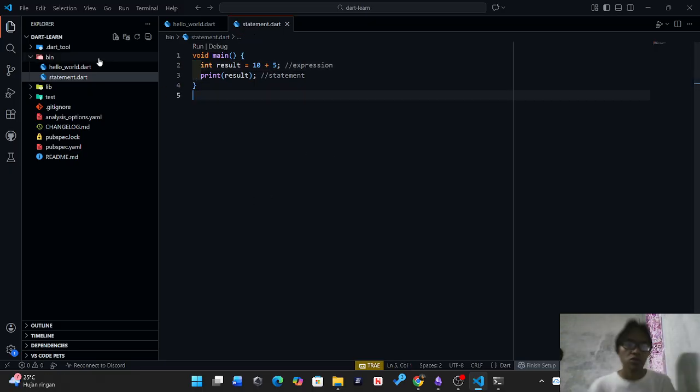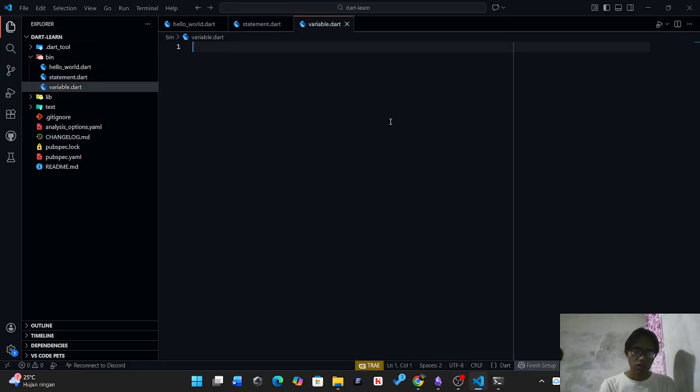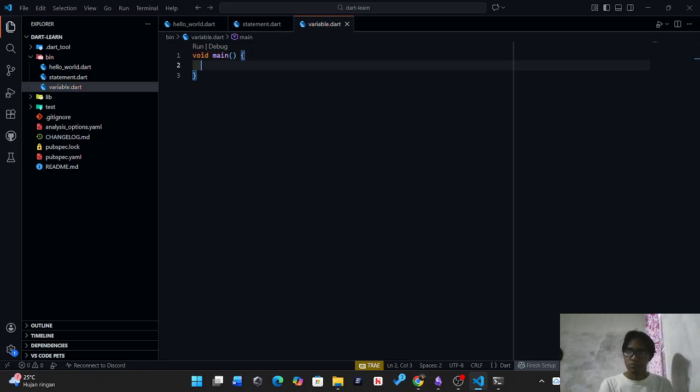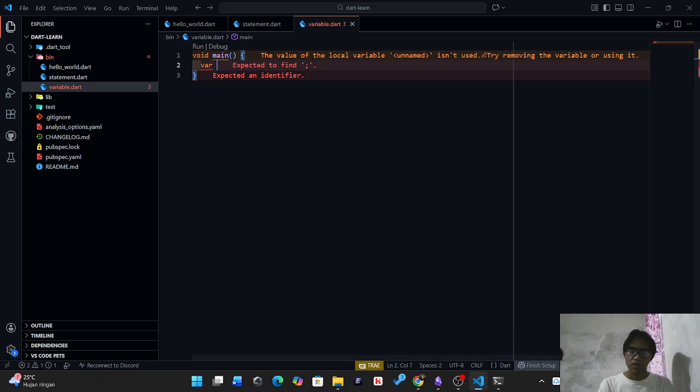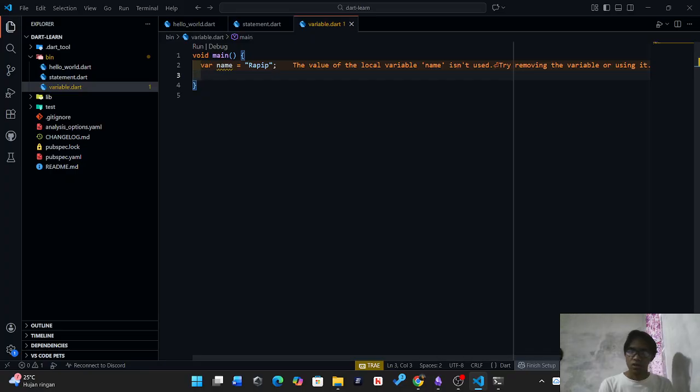Okay, now we go to the variable. Now make a new file, variable dot dart. Okay, variables are mutable, that means they can be changed. Okay, void main. For example, in here, variable for name is, okay, and the name equal Alex. Okay,